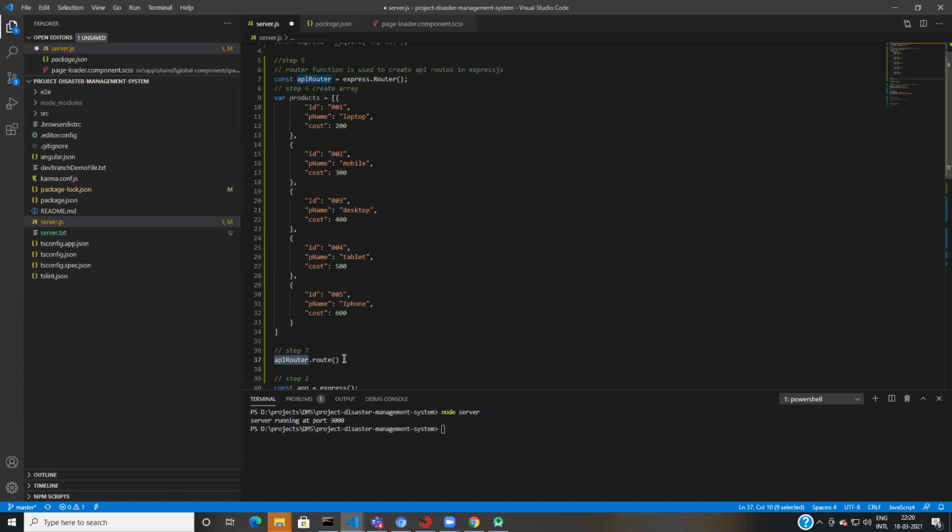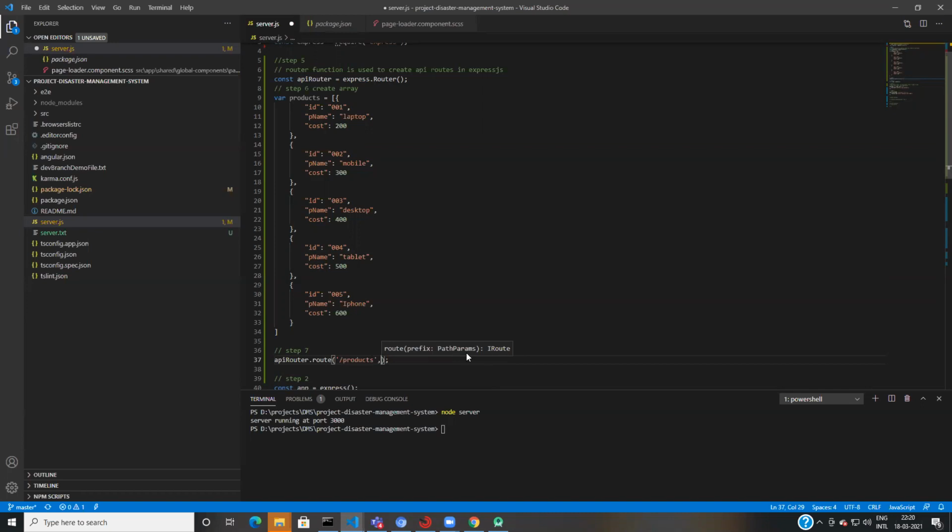API router dot route. Which route? Slash products. Did you get my point? So when someone says my base URL slash products, that user will get the list of products.